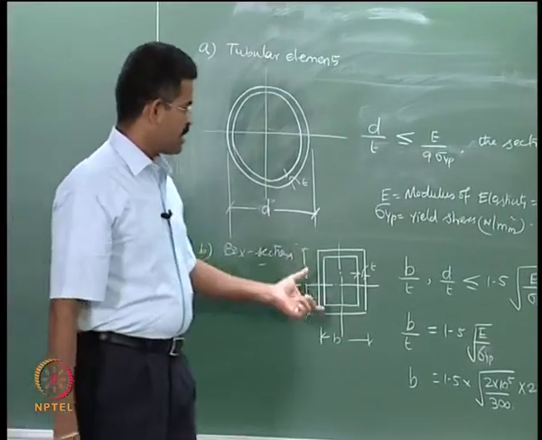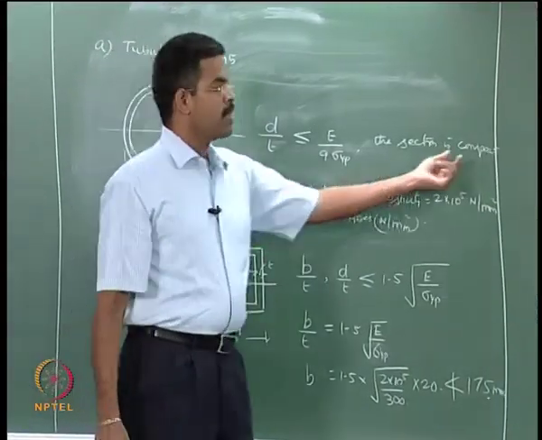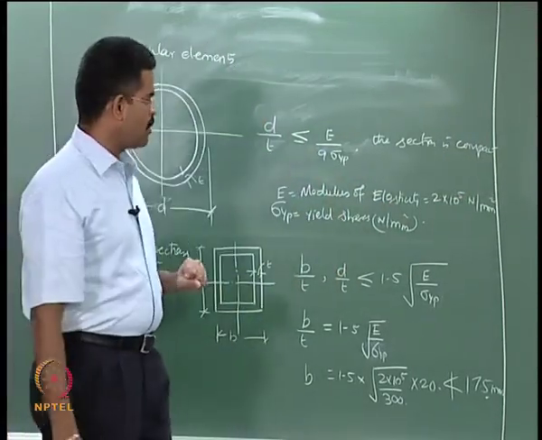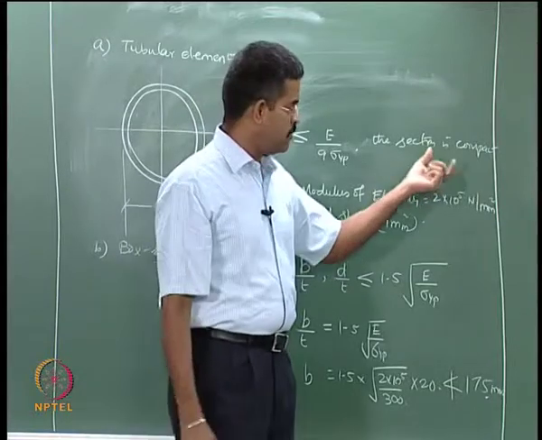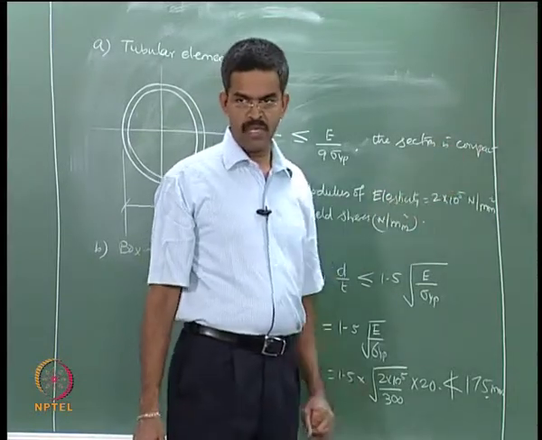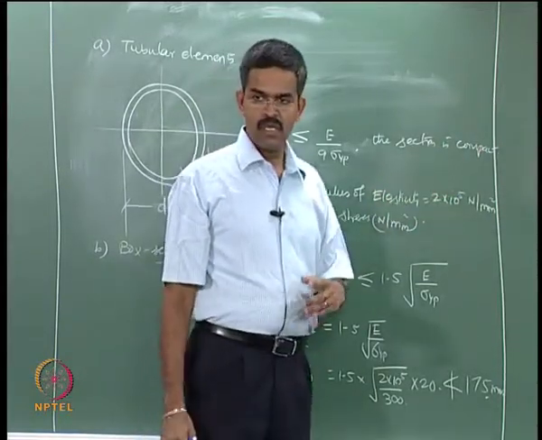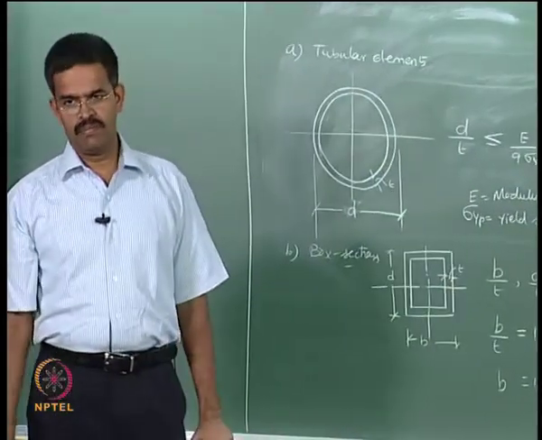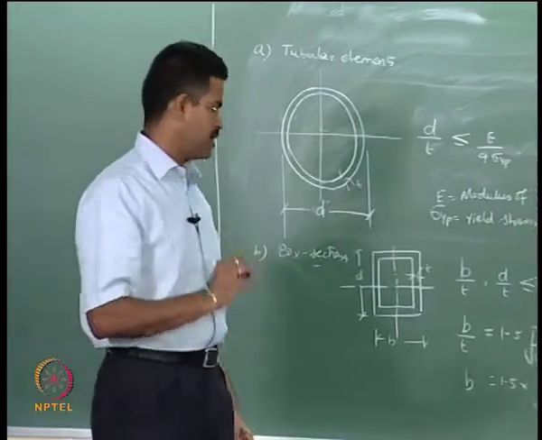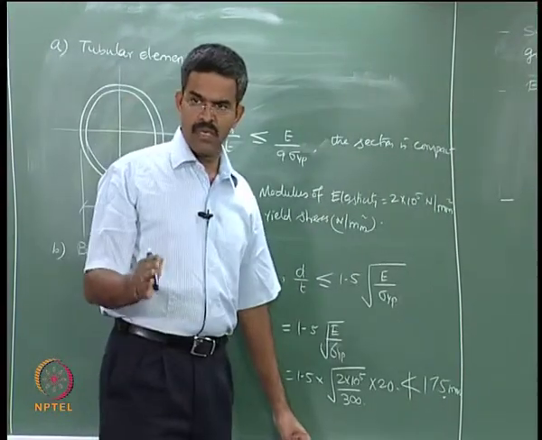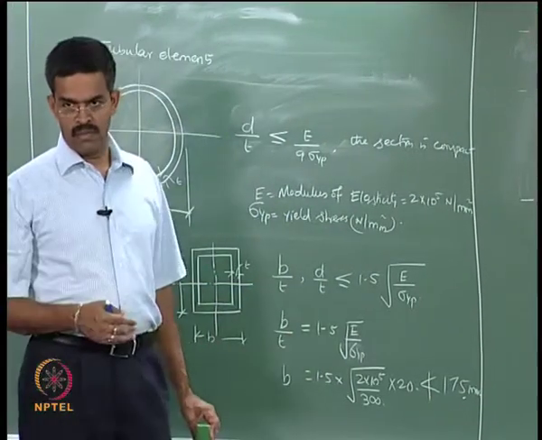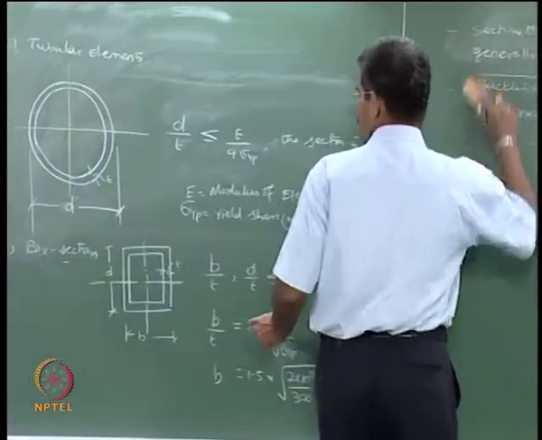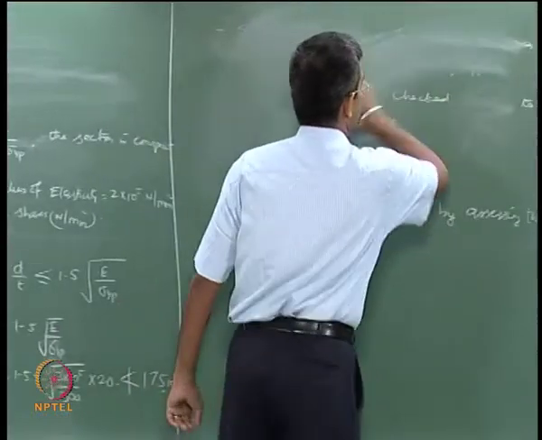If you have a section like that, the section is established to be compact, and buckling effects will not be there. You may wonder why buckling effect should not be there. Because it reduces the load carrying capacity, and the load at which buckling occurs is much earlier than the load at which yielding will occur. We are talking about plastic capacity, so we are focusing on yielding only. So, the section should not buckle, to enable the section to yield. Okay. This is for the box sections.